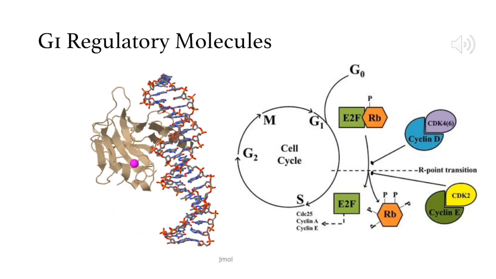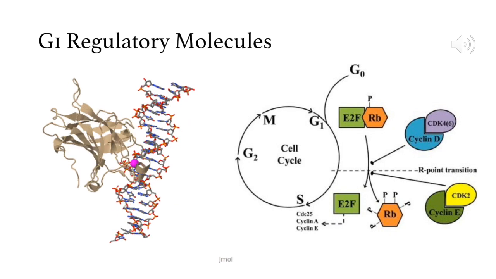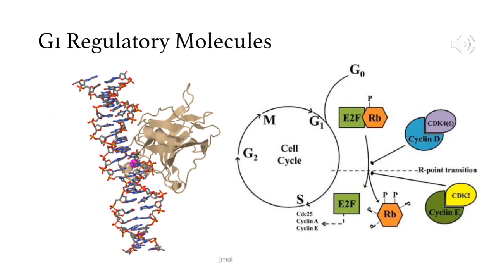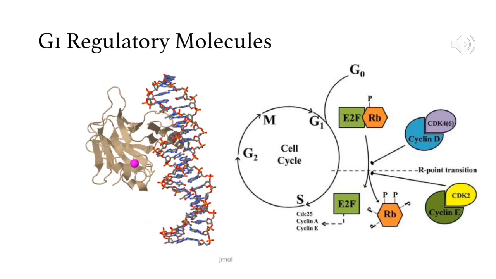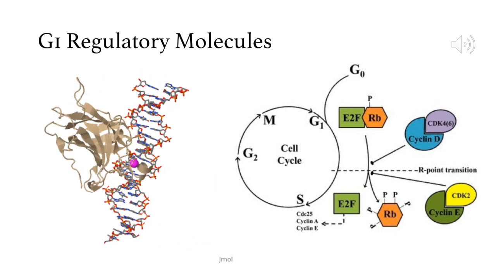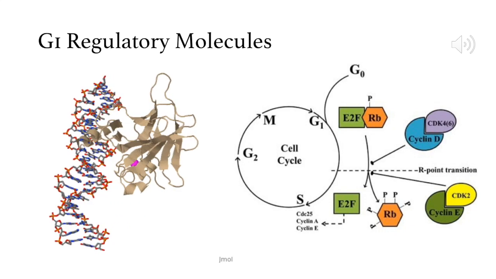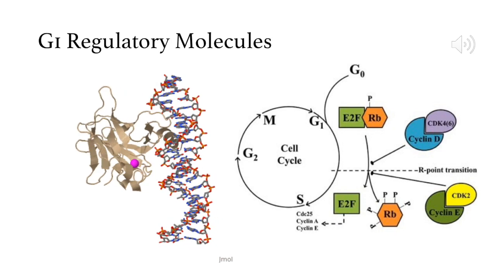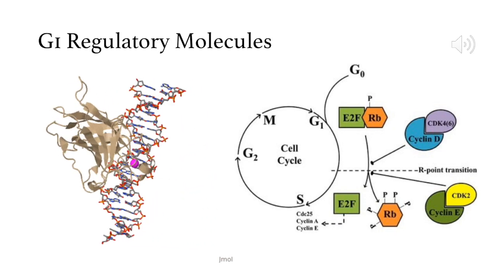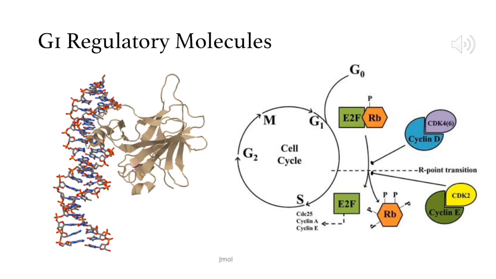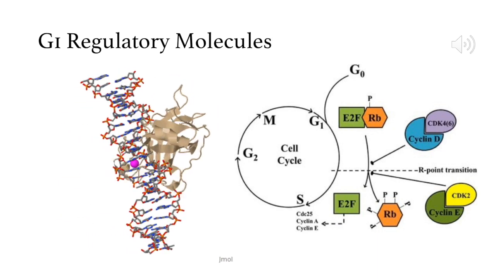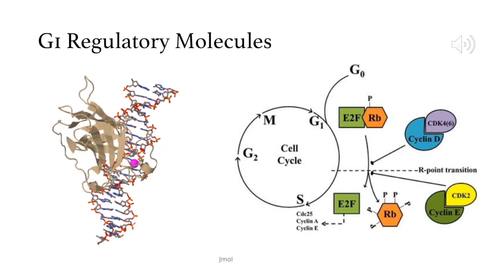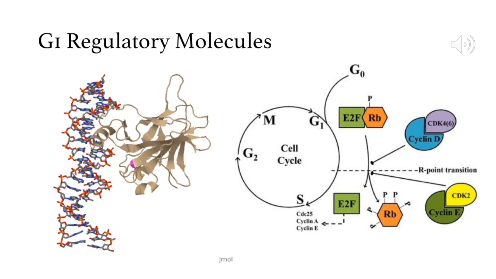Other regulatory molecules at work in the G1 phase are E2F, RB protein, CDK, and cyclin. Here's how they all work together. When growth factors arrive in the cell in the G1 phase, E2F is produced. But because E2F is not needed until S phase, RB protein binds to E2F, rendering it inactive. When cyclin CDK dimers form, they bind to the RB-E2F complexes, phosphorylating the RB protein. When the RB protein is phosphorylated, it detaches from the E2F, allowing it to produce S-phase proteins, moving into DNA